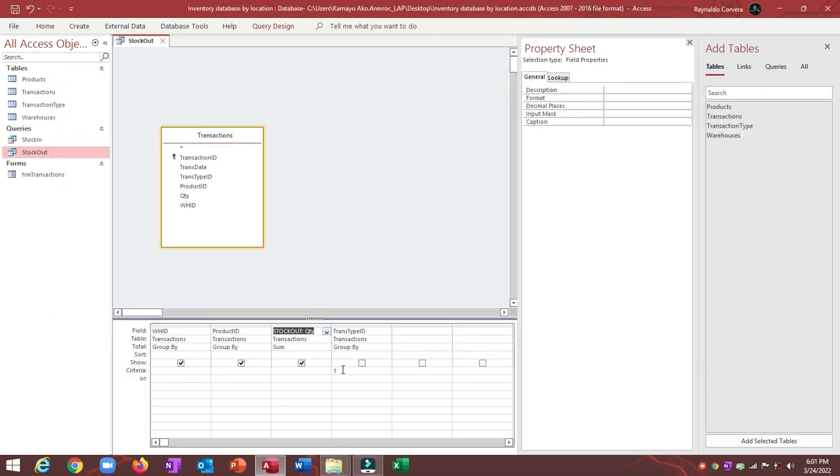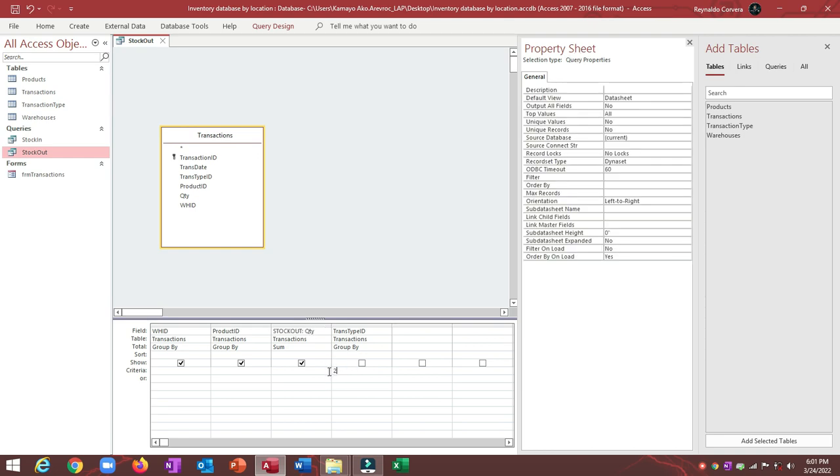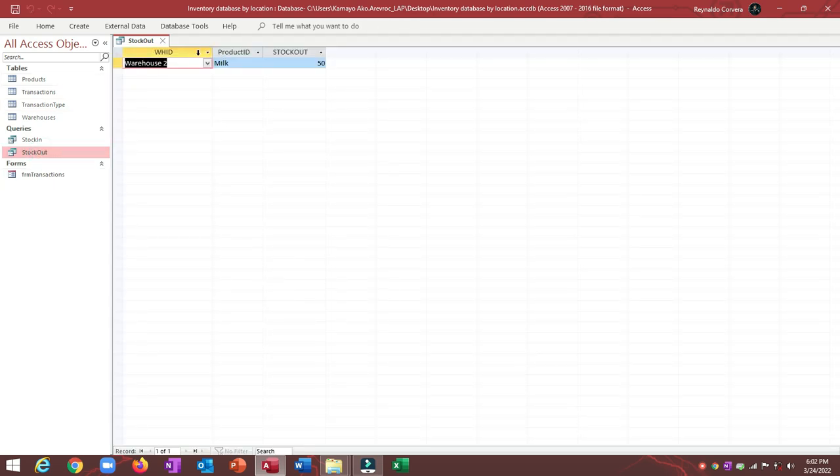And here, transaction type ID, I will put 2 because this is our stock out. Again, we'll double click. Now this is our stock out 50, and this is stock in also 50. Stock in is in warehouse 1 and stock out is in warehouse 2. Okay,